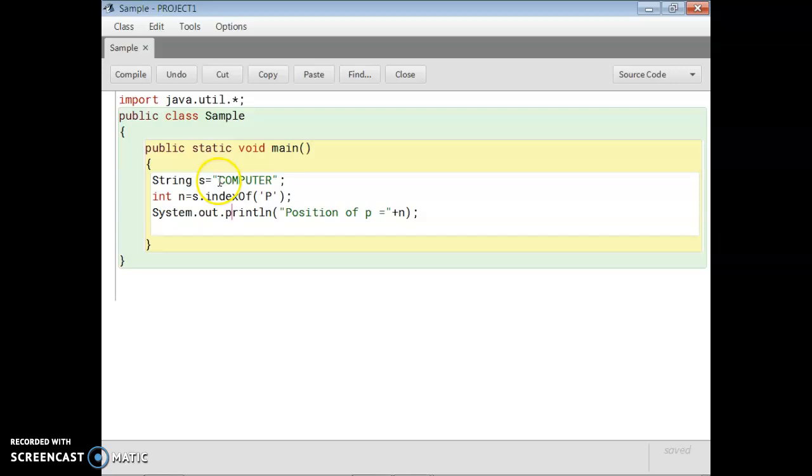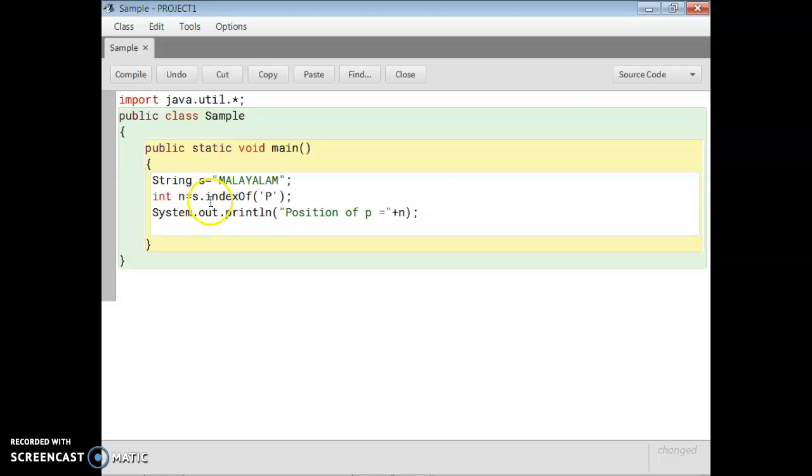Let's take another example where one particular character comes more than one time. Suppose I am writing Malayalam here. In Malayalam, you can see A comes several times, here, here, here, here. It comes 4 times.